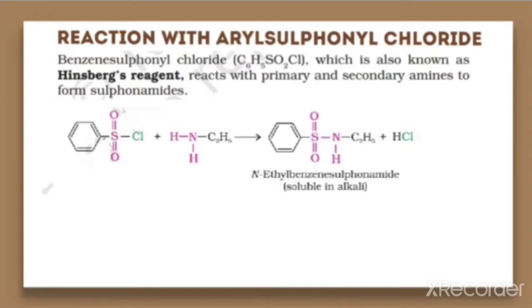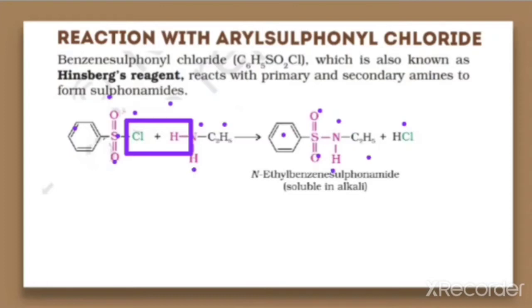Here there is a removal of HCl, that is 1 Cl from here and 1 H from here. It is removed, that is the side product which is formed here, HCl. Now what are the remaining portions? Write as it is, that is the C6H5, the benzene ring. Here S double bonded O is written as it is. Then after that here HCl is removed. So what is left remaining here? N is remaining. So we need to write that N, and here one hydrogen, and here C2H5.